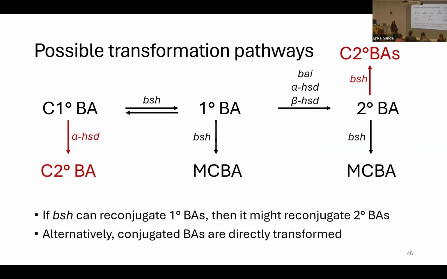So there are 2 potential pathways for the production of these conjugated secondary bile acids. I told you that we already know bile salt hydrolases can reconjugate bile acids to glycine as well as other amino acids. So it's definitely possible that what we were actually seeing was a conjugated bile acid being deconjugated, transformed, and reconjugated by bile salt hydrolase. The alternative option is what I was thinking, right? The simpler explanation is usually true, is that a conjugated bile acid is being directly oxidized into a conjugated secondary bile acid by HSDs. So this is the pathway we decided to test.